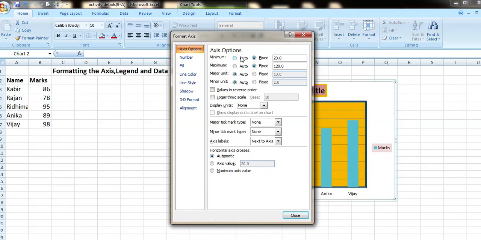As I have changed the value of the minimum axis to 20, the maximum I am changing here is 200, and then I will click close.